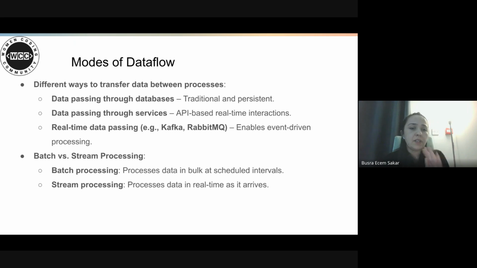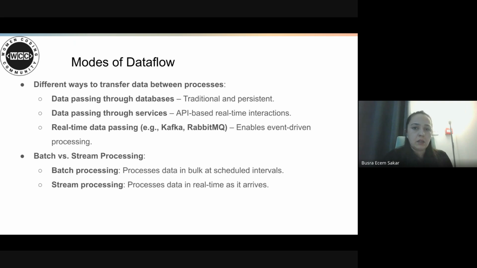And the next one is real-time data passing. It is more event-driven processing. Data is processed as it arrives using streaming technologies. For example, fraud detection systems analyze transactions in real time. So it has real-time data streaming.